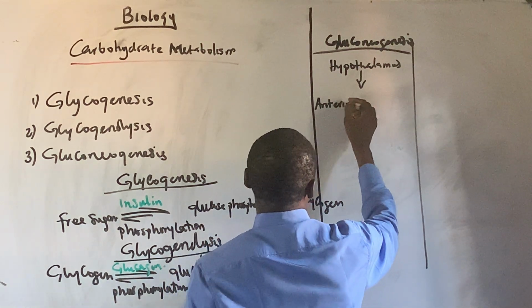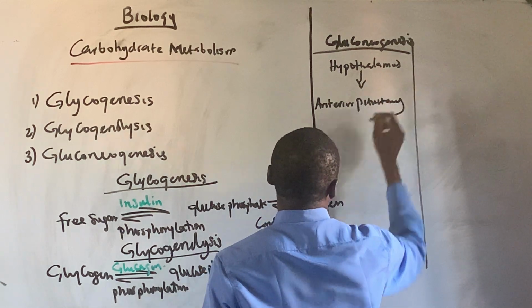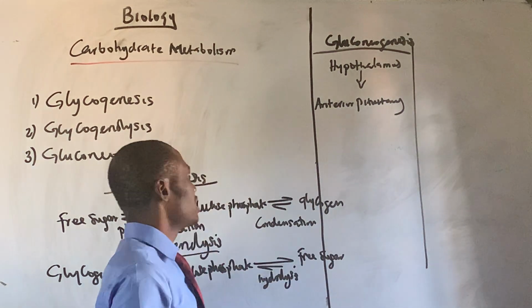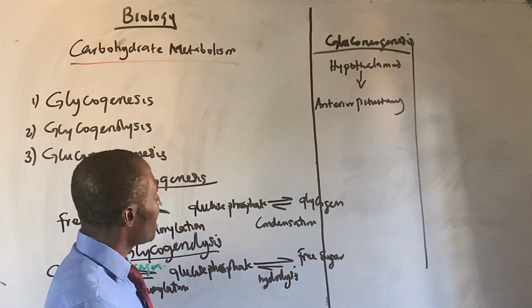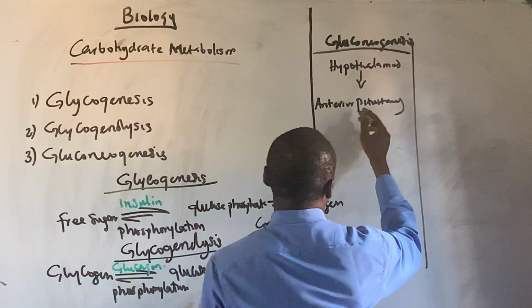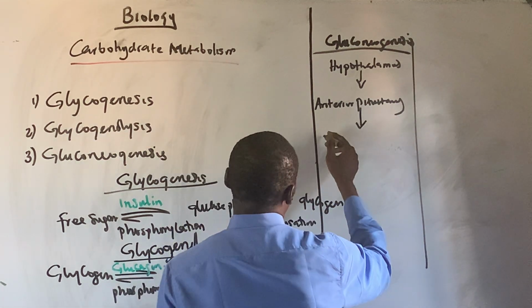Please, my pen is fainting. You have to manage that. The anterior pituitary gland here secretes a hormone known as the